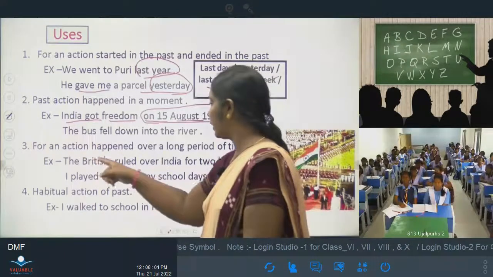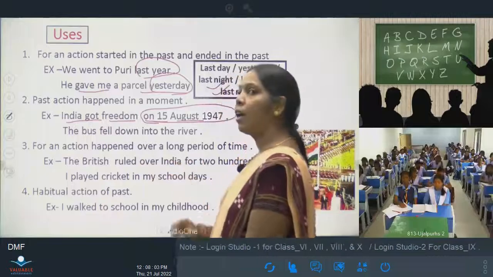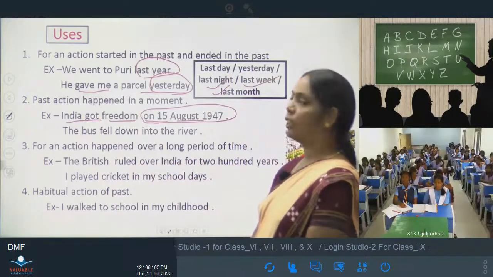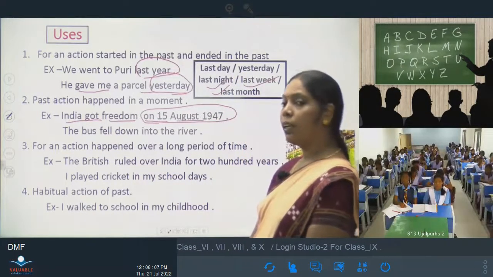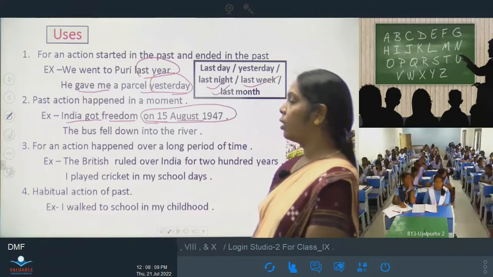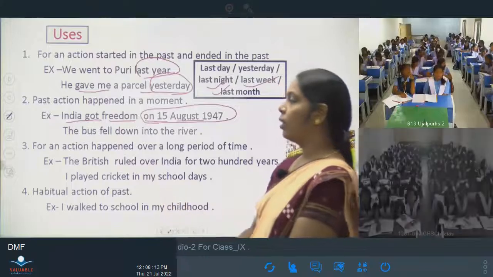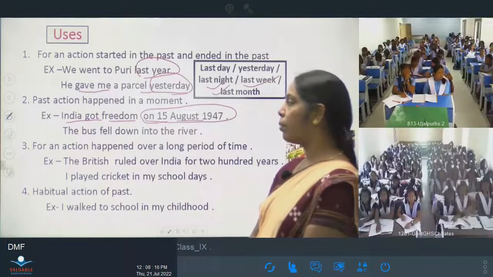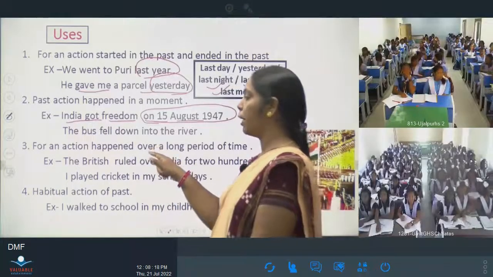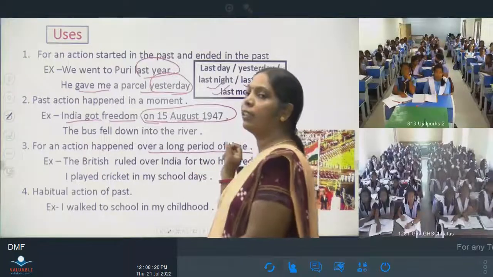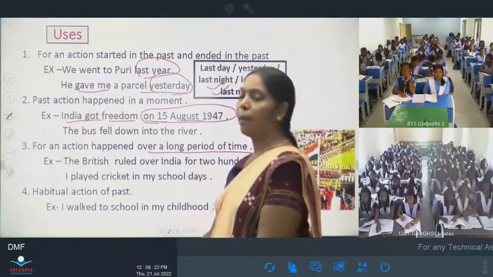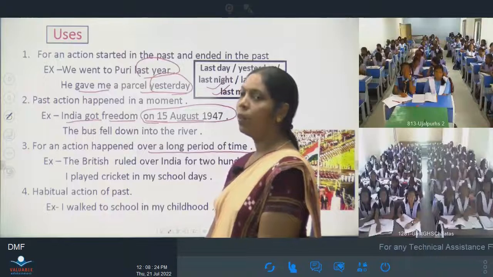The British ruled over India for 200 years. ଅତୀତରେ ଇଂରେଜ ଲୋକମାନେ 200 ବର୍ଷ ଧରି ଭାରତକୁ ଶାସନ କରି ଚାଲିଥିଲେ। ତ ଅତୀତର କୌଣସି ଘଟଣାବଳୀ ଯଦି ଲମ୍ବା ସମୟ ବ୍ୟବଧାନ ପର୍ଯ୍ୟନ୍ତ ଚାଲିଥିଲା, ସେଇ ଜିନିଷକୁ ଆମେ ଦର୍ଶାଇବା ପାଇଁ past simple tense ର ବ୍ୟବହାର କରିଥାଉ।